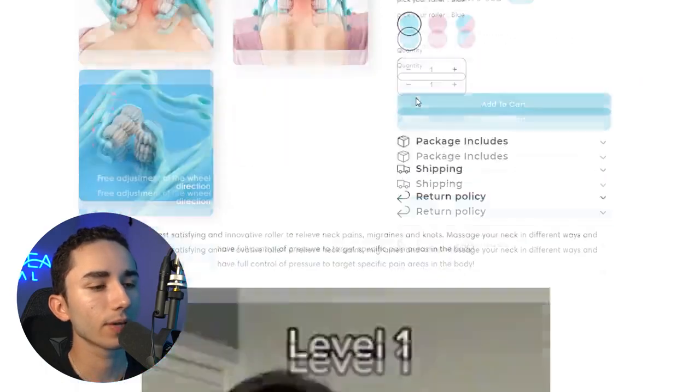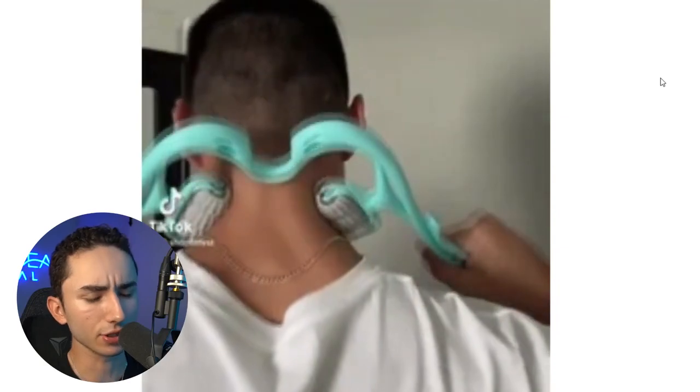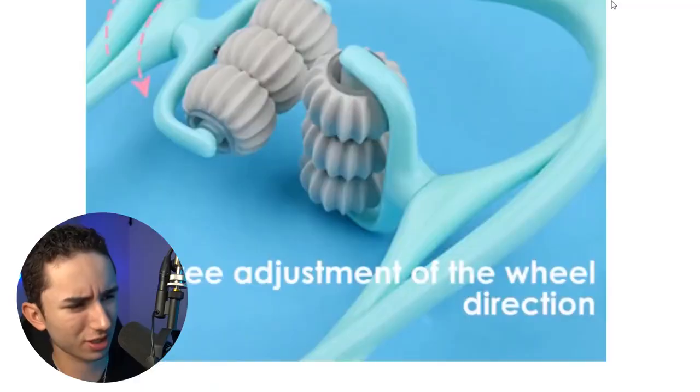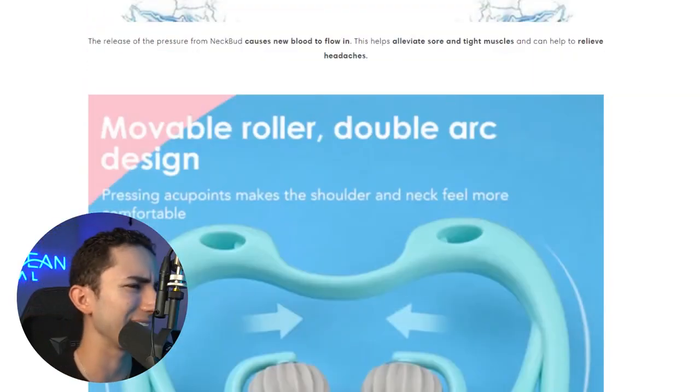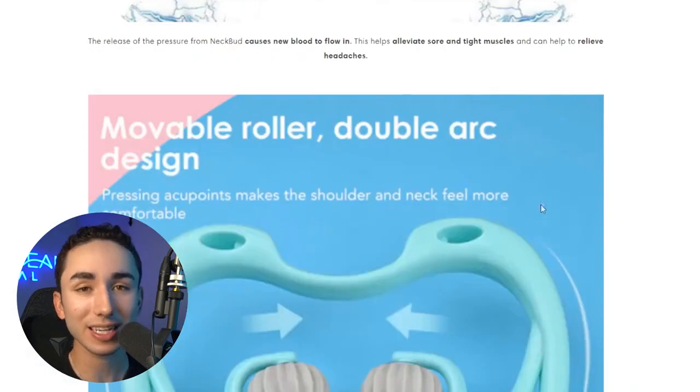Okay, so we got a little massage roller. I can take a look at the website. So let's click into this and we can see, okay, yeah, pretty basic website. Oh my God, look at that GIF. So blurry. Disgusting. Oh, stock image photos. Jeez Louise. Whoa, amateurs. But that actually makes me really excited because if they're making a lot of sales with